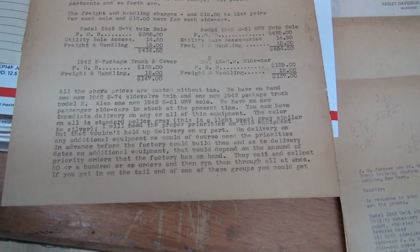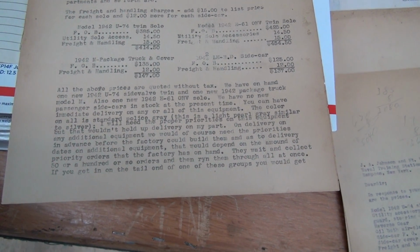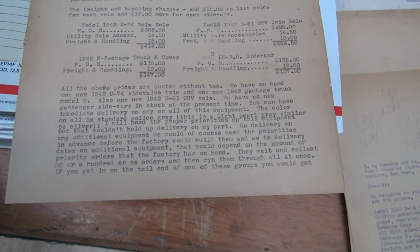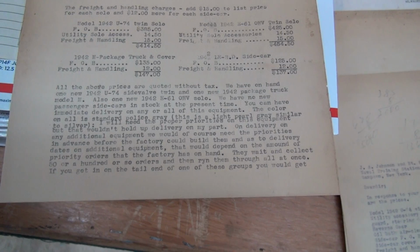On delivery on any additional equipment, we would of course need the priorities in advance before the factory could build them. As to delivery dates on additional equipment, that would depend on the amount of priority orders that the factory has on hand. They wait and collect 50 or 100 or so orders and then run them through all at once, so they need to build it one at a time. If you get in on the tail end of one of these groups,